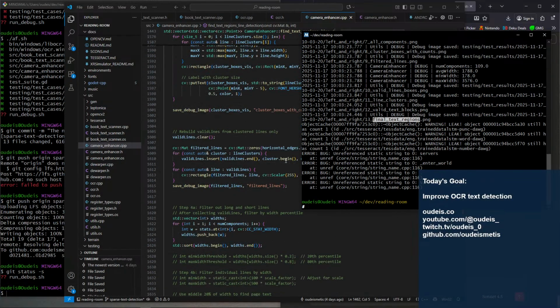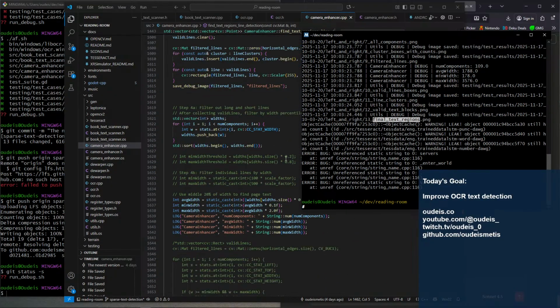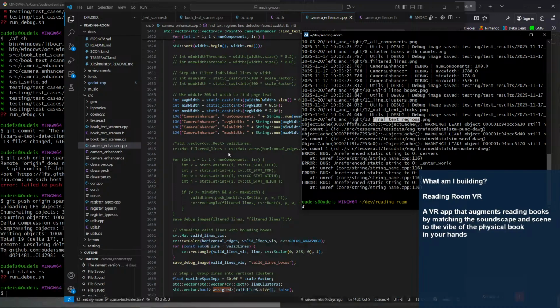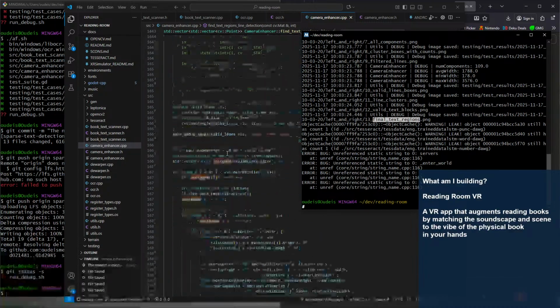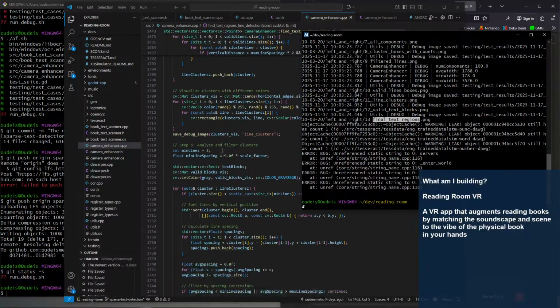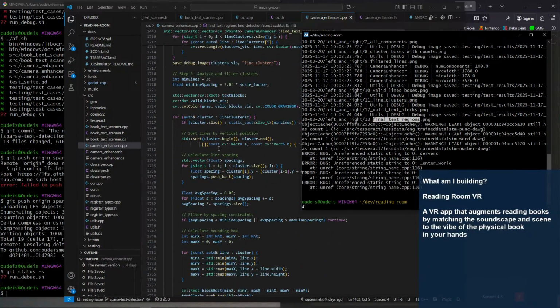Filtered lines. Now here's those averages. That debug logic, I think I can delete that. Wow, yeah, so we're doing a lot of stuff here. And hopefully it's all fast. Well, okay, I can